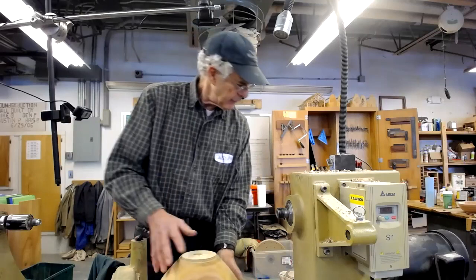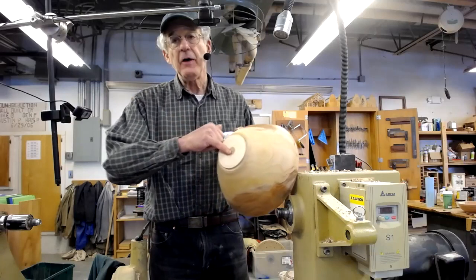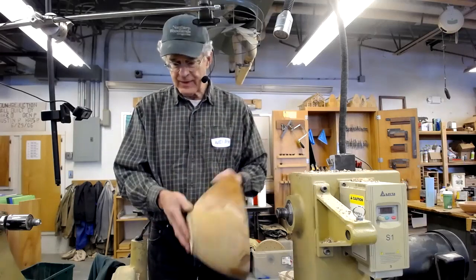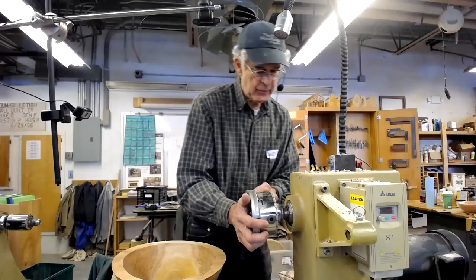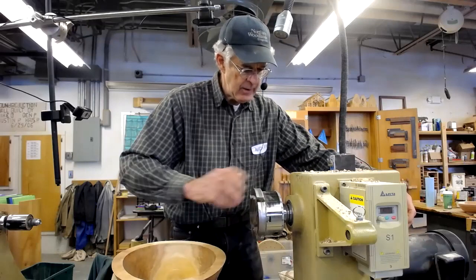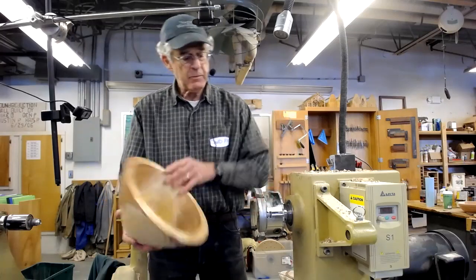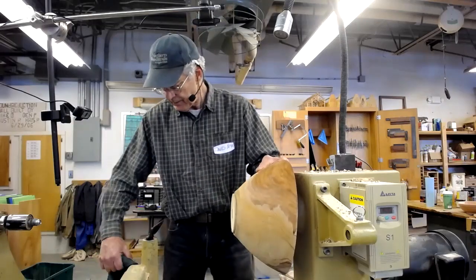There are a number of ways of doing it. There's a quick and dirty way. Probably you have a center hole in the bottom there from the rough turning. This is probably the least effective way to do it, but it's the easiest: you put on your chuck. I leave the jaws open, and you don't need any padding because you're going to be turning the inside of the bowl out. You plop your